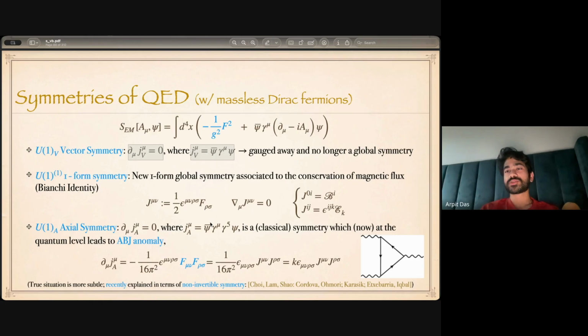So this kind of a picture is more like coming from a condensed matter point of view. In condensed matter, when people say anomalies, they say that there is no trivially gapped phase in your IR. But high energy theorists like to say that you cannot gauge the symmetry that you are looking at. And there is even another interpretation which I like to think, and I think this is very intuitive, is